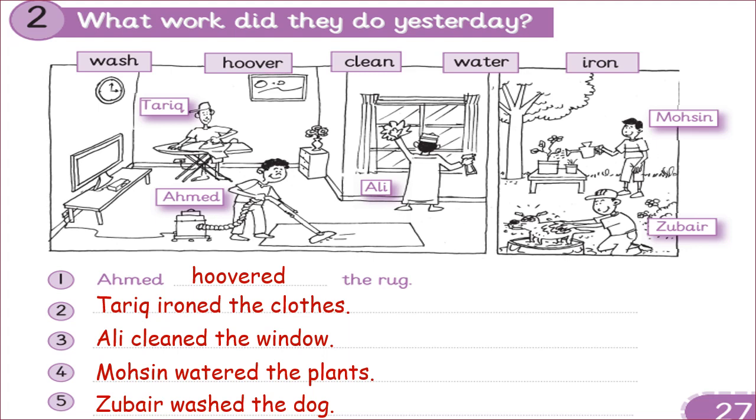Ahmed hovered the rug. Yes. Tariq ironed the clothes. Ali cleaned the window. Muhsin watered the plants. Okay. Zubair washed the dog. After that,